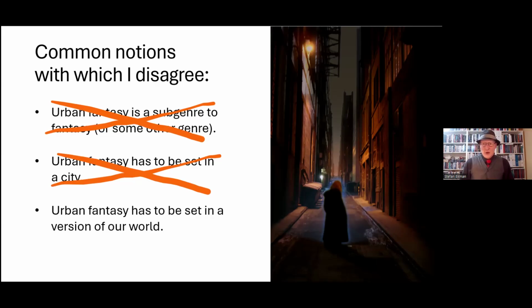I realize that urban suggests city, but my experience has been that there are also a number of works that behave exactly like urban fantasy works, except they're set somewhere else. They might be set in the countryside. They might be set in a small mono-industrial town. This is particularly common in Swedish urban fantasy. Or it might be set anywhere else in the world. But the thing is,